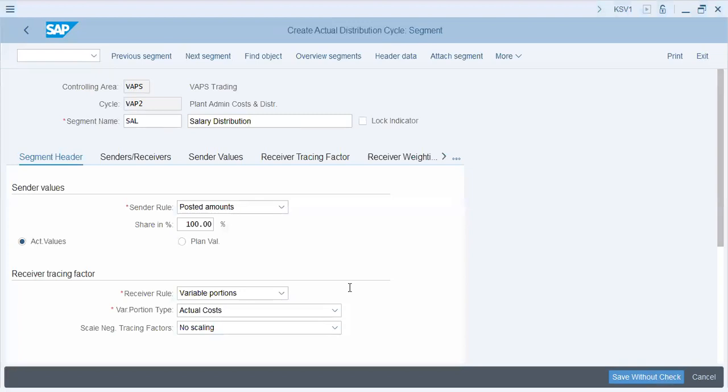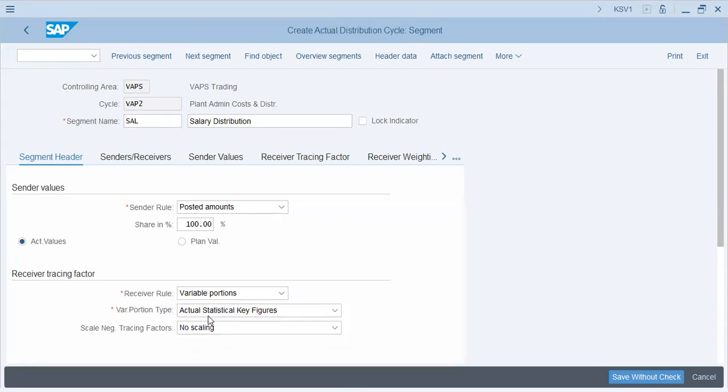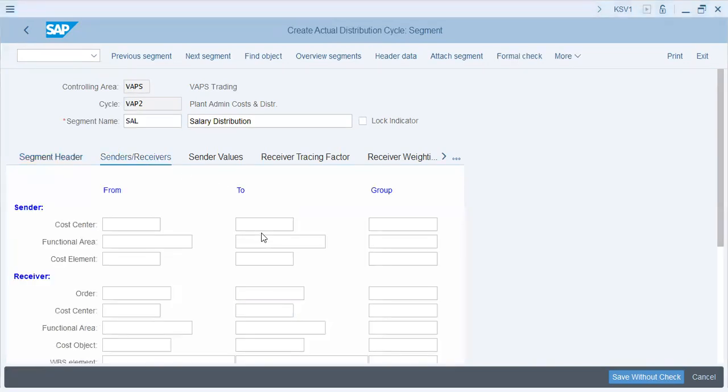Okay. Receiver role variable portions mean different percentages between cost centers will be different based on employees. Okay. And variable portion type will be actual statistical key figures. Actual employees. Statistical key figure is employees. Sender receiver